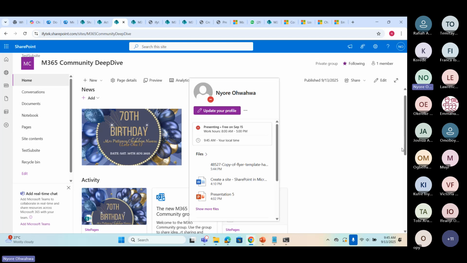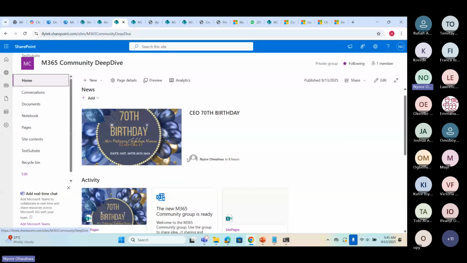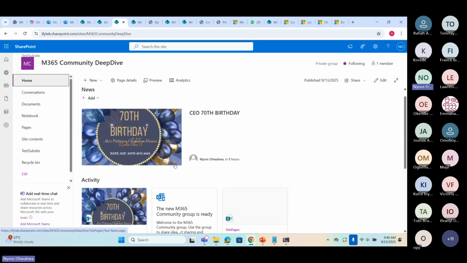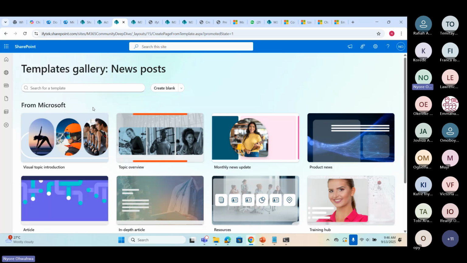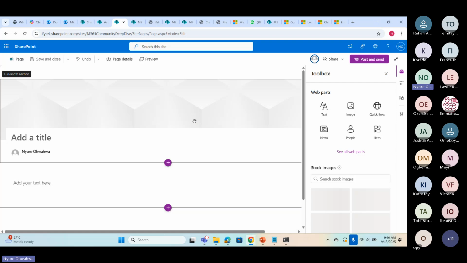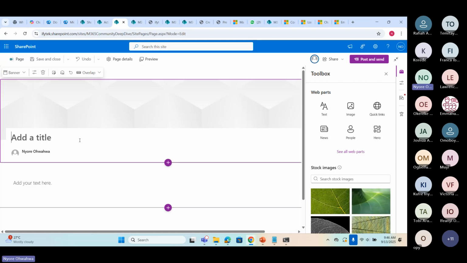So basically, if anybody comes into the site or accesses your home site in the first place, this is the first thing they see, because it is news that you're trying for everybody to see. Then they can click on it and see all of the details of the event you're inviting them for, or a newsletter or a quarterly report of everything that is happening in the organization. So let me do another one so we can see.